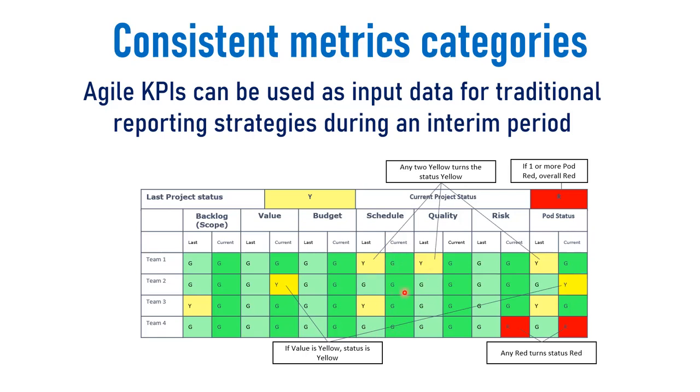For example, in the schedule, it won't be all CPI, and in the cost, it won't be all SPI. That's cost and schedule indexes in the traditional world, but you could be using completely different Agile metrics, cumulative flow or velocity stability or any number of others to trigger these. The important thing is, if for an interim period you're still going to be using this approach, well, don't fight it. Just populate it differently, trigger it differently.